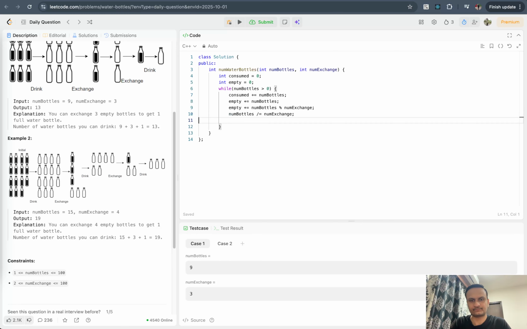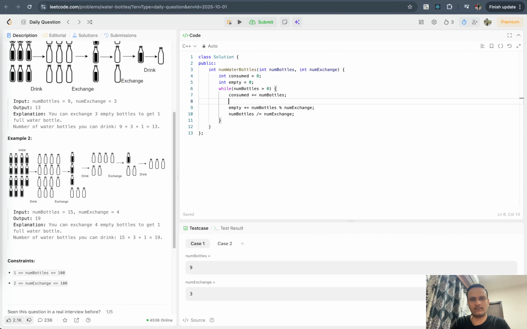Okay, so to get this we have to remove these empty bottles, because we have exchanged these number of bottles with this, no? So let's remove this. So the remaining empty bottles is this. We have consumed, so we have to basically increase the consumption as well here, right? So we will do it in the next iteration. Like we have number of bottles reduced by 3, so 3 will be here, 3 plus